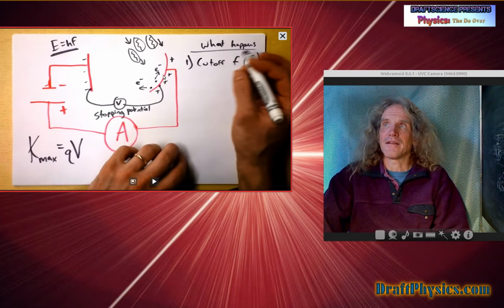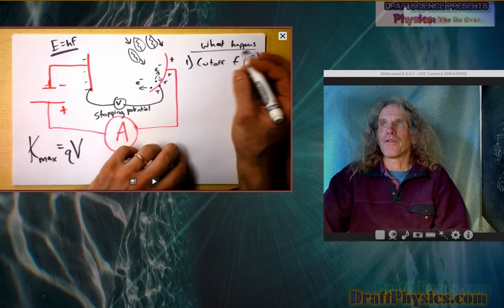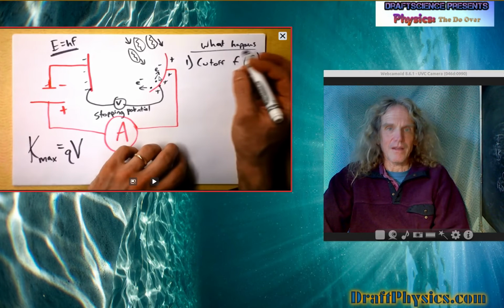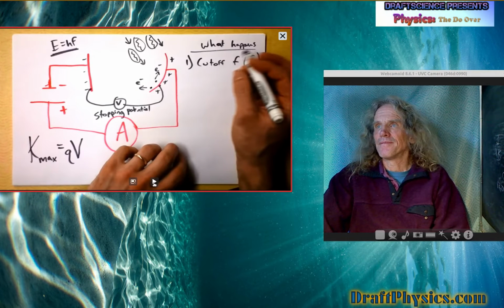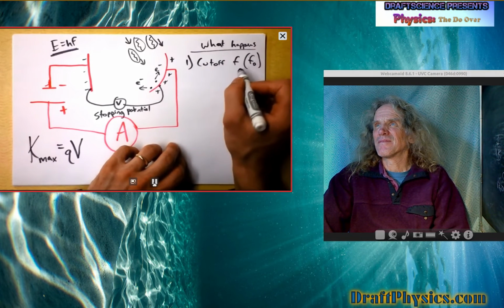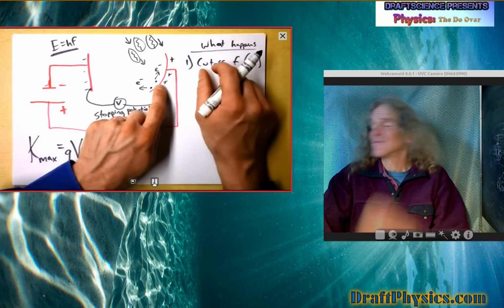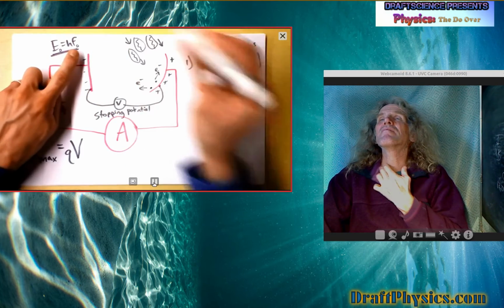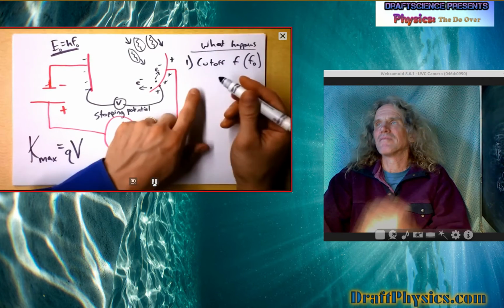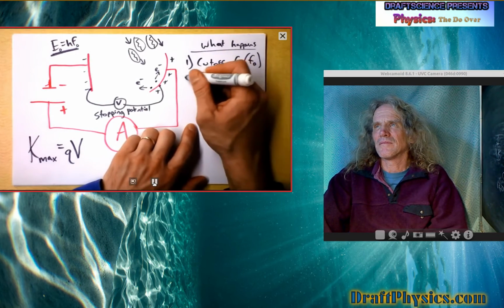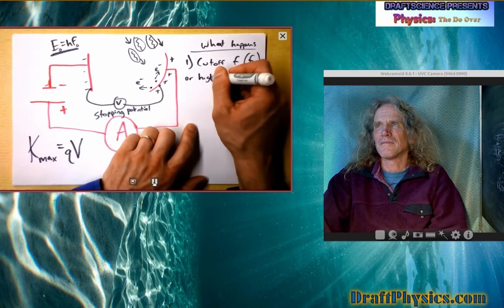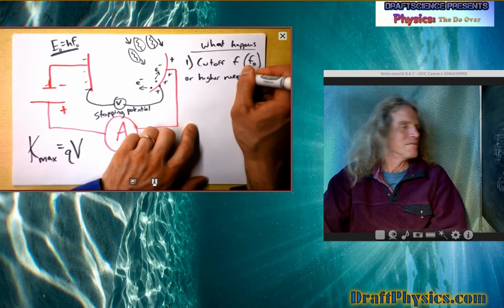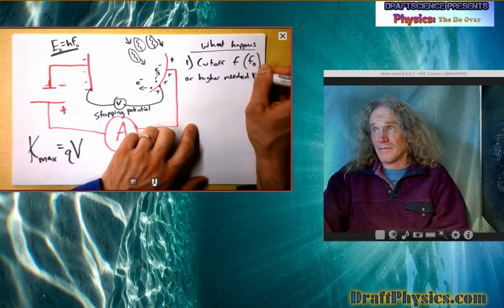So if you're hitting tungsten or some other kind of metals, you can actually create X-rays with ultraviolet light. Frequency you have to free these suckers. What I mean is it's the minimum energy that you need to have. We could put little knots on here, the cutoff frequency and the cutoff energy. Cutoff frequency or higher needed to get